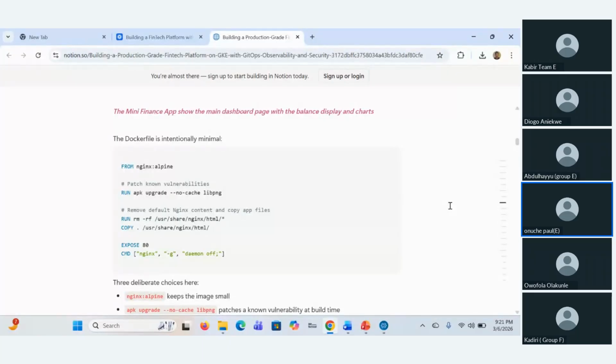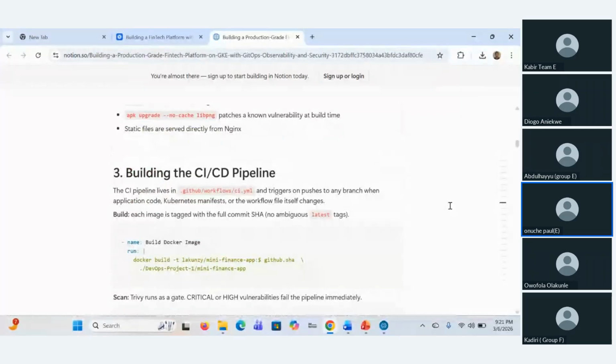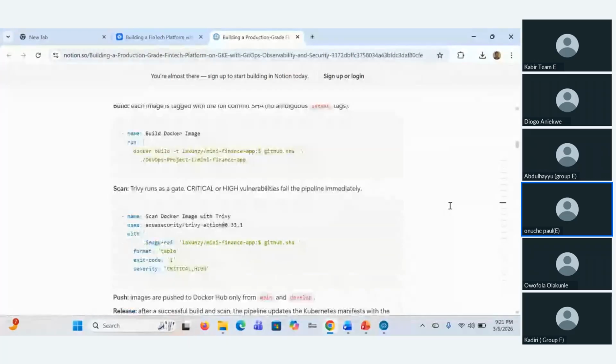Please can you slow down? So this part is building the CI pipeline. In building the CI pipeline, we have a Docker image, and this Docker image is our Mini Finance app. We have a ci.yaml file. In this ci.yaml file, we make changes either in our main branch or our developer branch. When we push the change, we have Trivy that checks for security vulnerabilities.